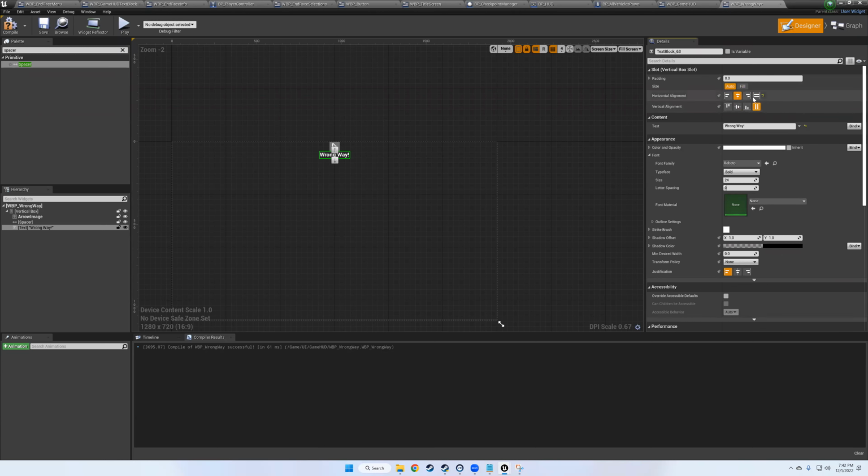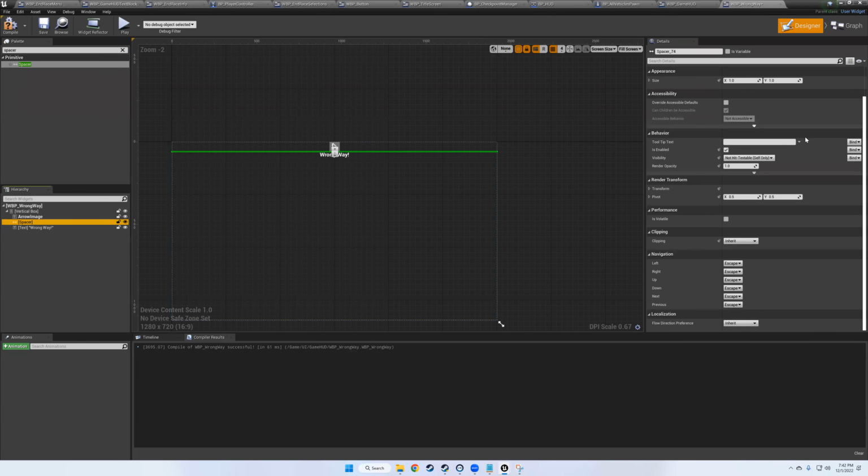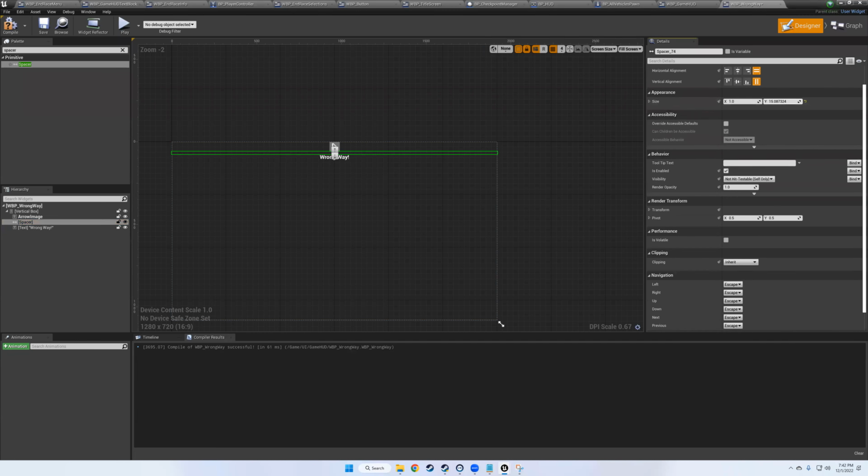Nope. This one. And then, why are you not centered? There we go. Excuse me. And then spacing a little bit. That's cool. And then now we can go to our,